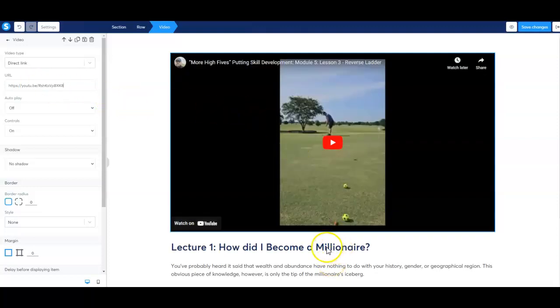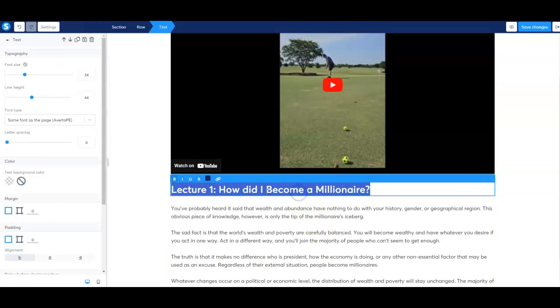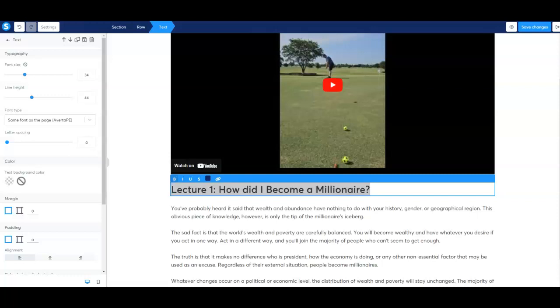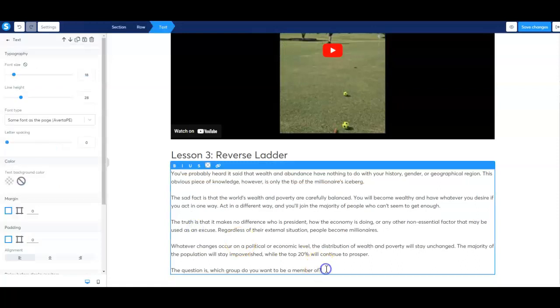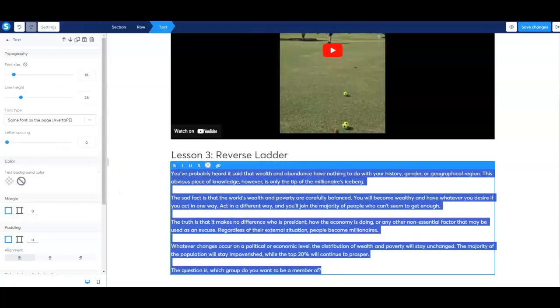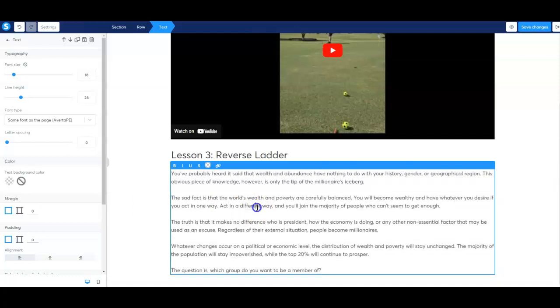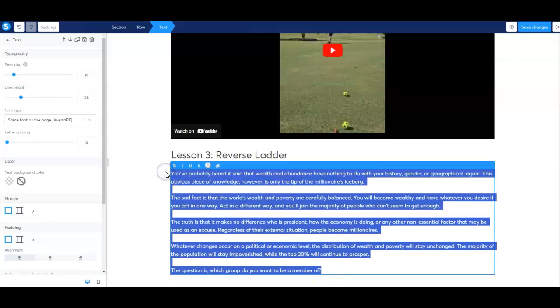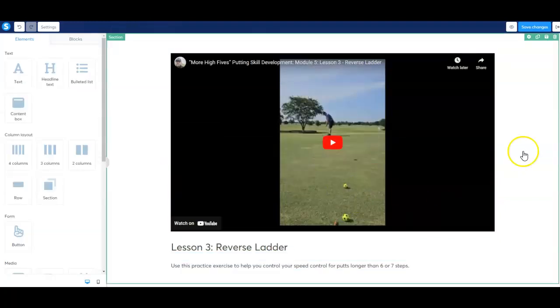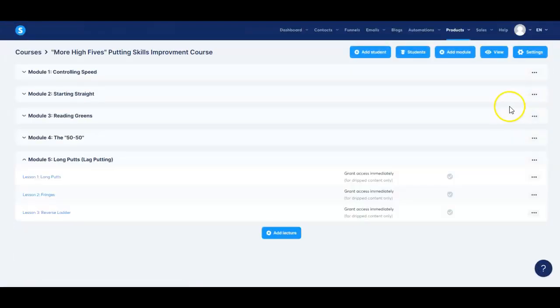And then I'm going to swap out this information down here with stuff that I've already written right here. And then what I'm going to show you is how to get your courses live and your lessons live, because I'll save that change and I'll go back over here, but now I've